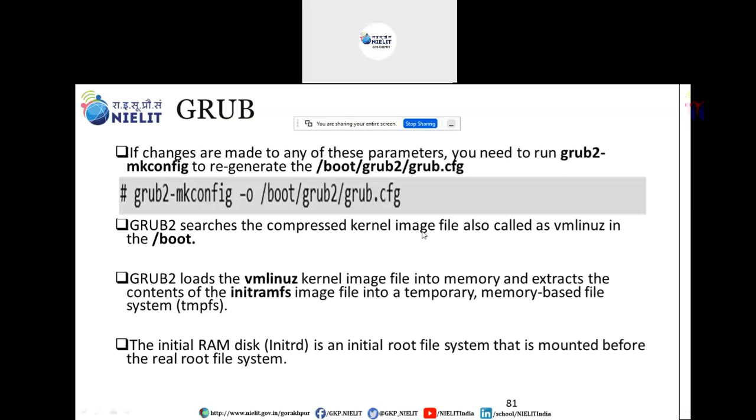So basically, grub.cfg is the file with the help of which you can modify the booting parameters. For example, if your system has two operating systems, Windows and Linux, at the same time, you have installed a dual boot operating system. You can change the behavior of the booting process, like whether the default selection should be Linux or Windows, or what the waiting time should be. It should wait for user input up to 30 seconds, 50 seconds, and at the same time, there are, for example,